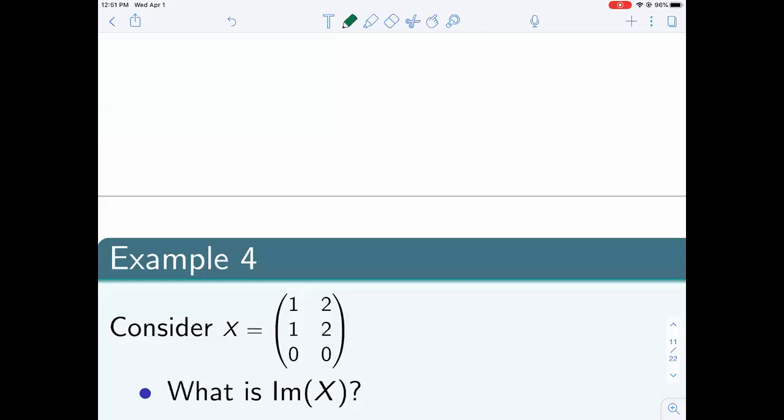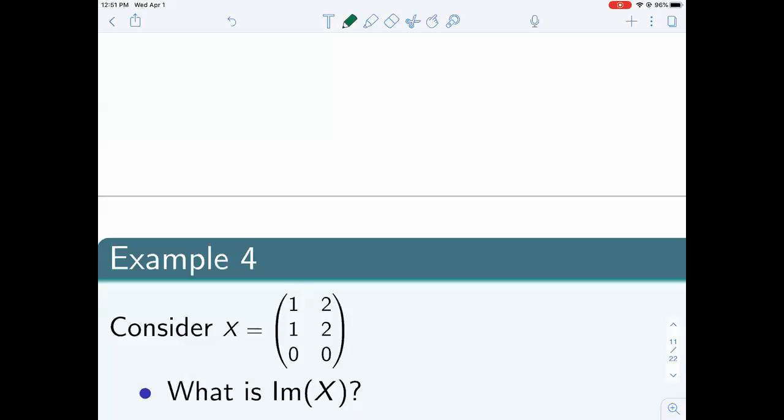Okay, forget about it. So this is the matrix. Let me do it up here. I have a matrix X, which is [1, 1, 0] and [2, 2, 0]. Think a little bit about this and tell me what